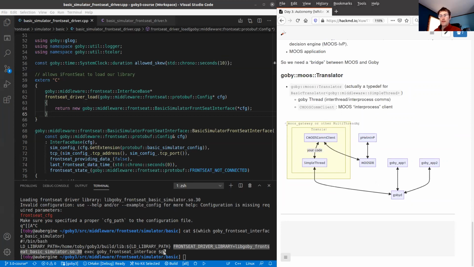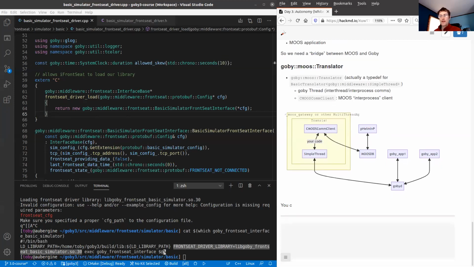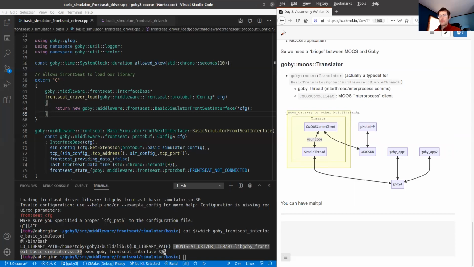Since each one of these translators is just a thread, you can have multiples of them, if you want to segregate the purpose of your translations between two different purposes.